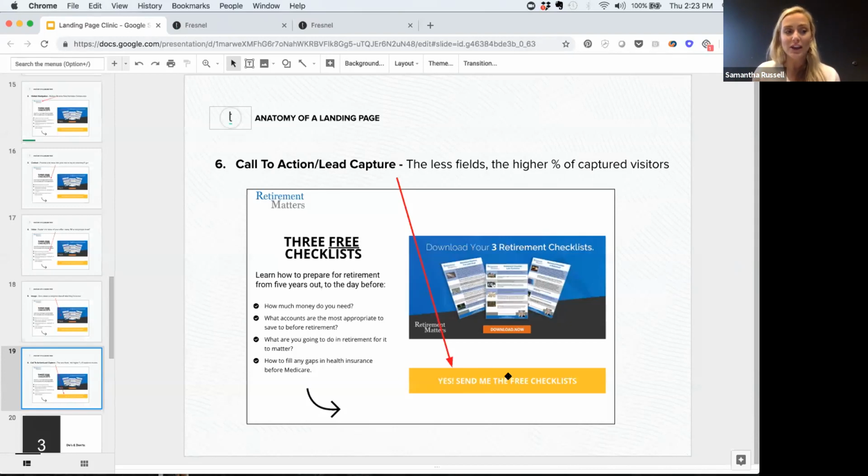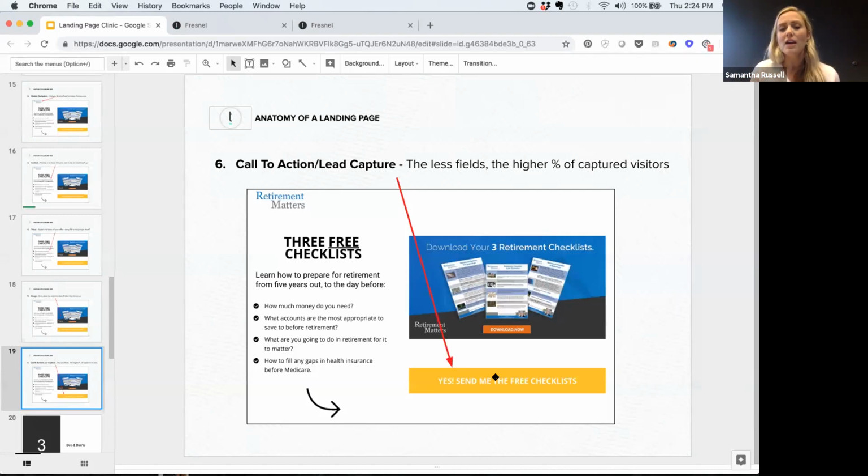Think of your own behavior on the internet. How many times have you been on a page and you were going to do something, and you got distracted and left because you couldn't find it right away? The more you can make it really easy for someone to find where they should go next, the better. In terms of the components of this landing page that I've just gone through, we have a whole blog post on landing pages and setting them up, with do's and don'ts and best practices. So we'll make sure that we link that when we send the webinar recording out to everyone, and Amanda can put it in the chat box here. But these are the 6 main components of the landing page that you want to pay attention to.